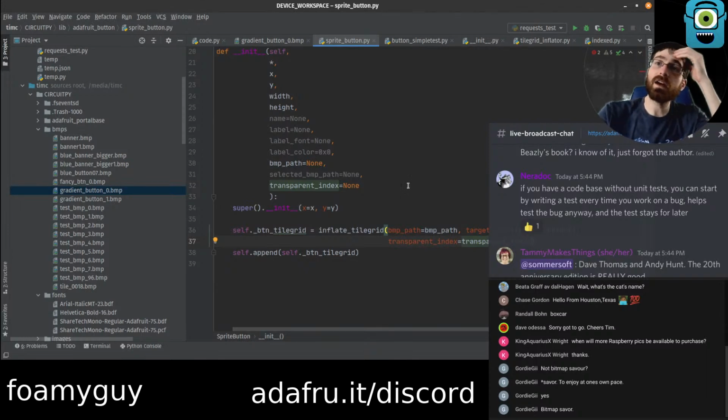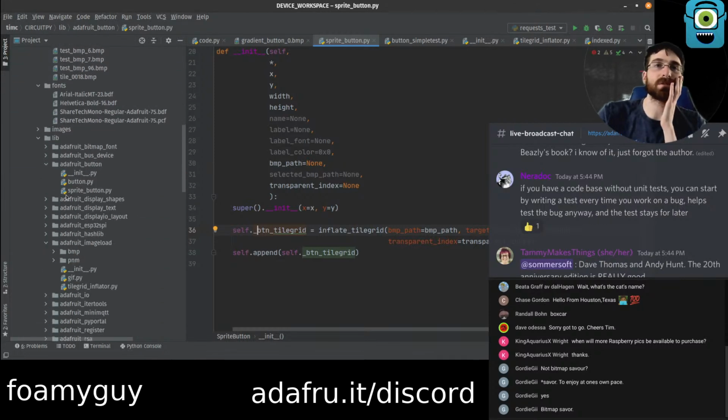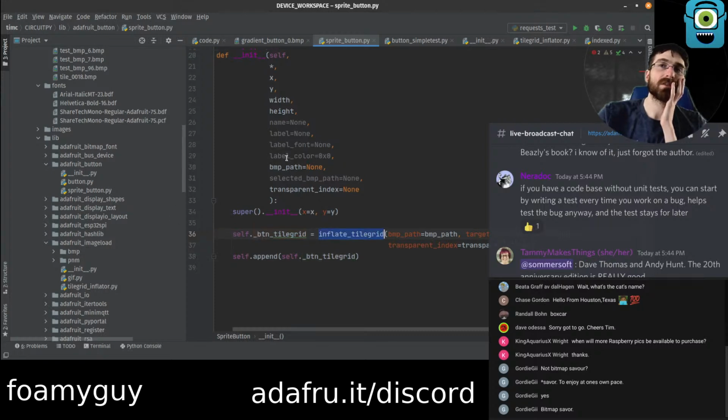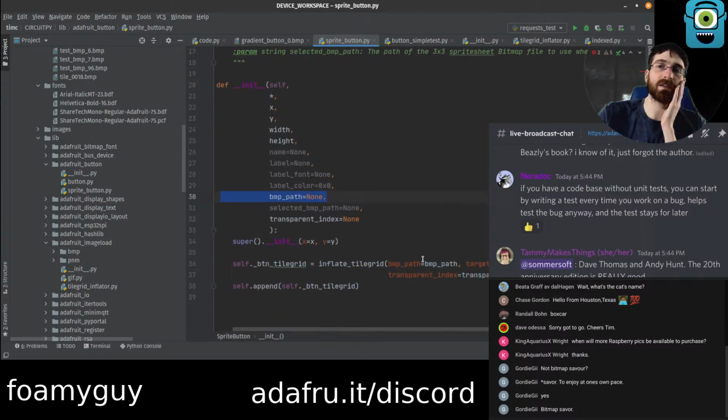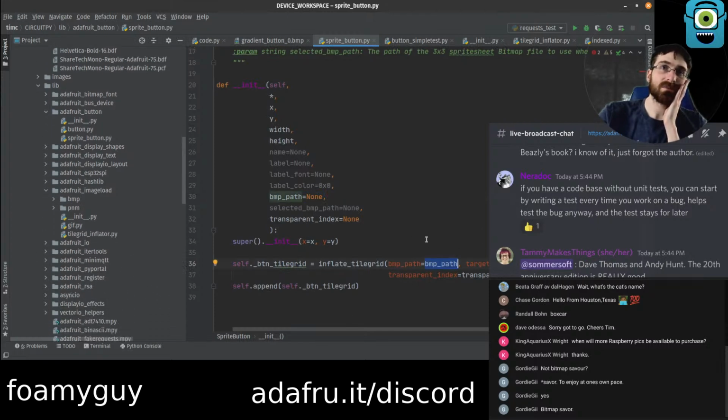So now let me think for a second. I think we actually, do we want to, maybe we want to use the other ones actually. Maybe we don't. Well, maybe we take the path at the button layer, but we load it and then we pass the objects to the inflate function.